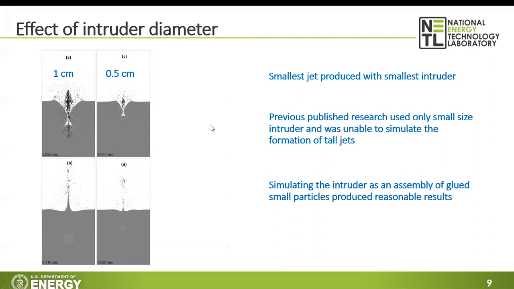I say this is important because when I look at the literature, previously published research were not able to show that there is a tall jet forming in accordance with experimental observations. All they showed was a very tiny jet like this one. And I think it's because they use a small intruder. The reason they use a small intruder is because of issues you have